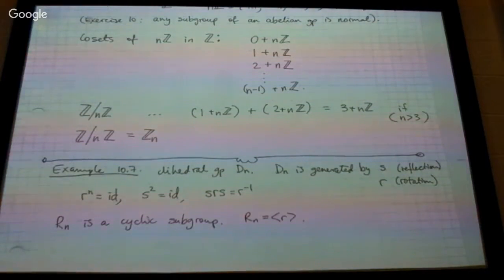Rotation is just abelian. No, it's not abelian. The dihedral group is not abelian. There are two things. Well, first of all,